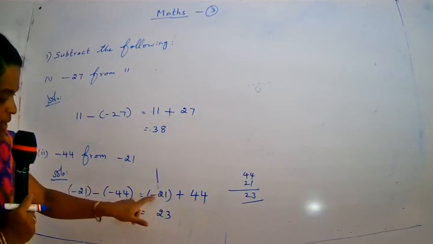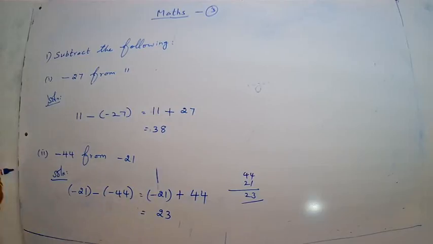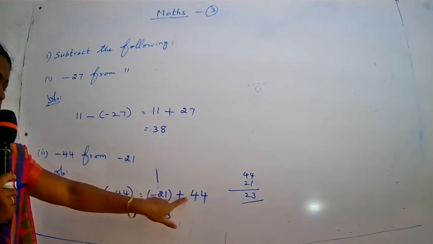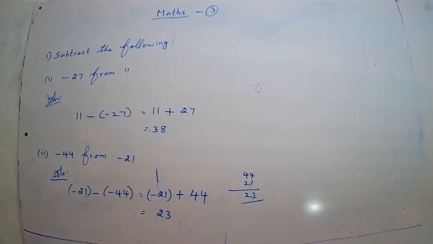Now you see, having different signs, that's why you find the difference. Okay. Difference means always subtract the smaller number from the bigger number. So 44 minus 21 is equal to, your answer is 23. Okay. So that's why that is plus sign 23. Why? The bigger number's sign is positive. That's why your answer is positive 23. Plus 23. Okay children? Clear? Yes. Now you write it in your classwork notes.